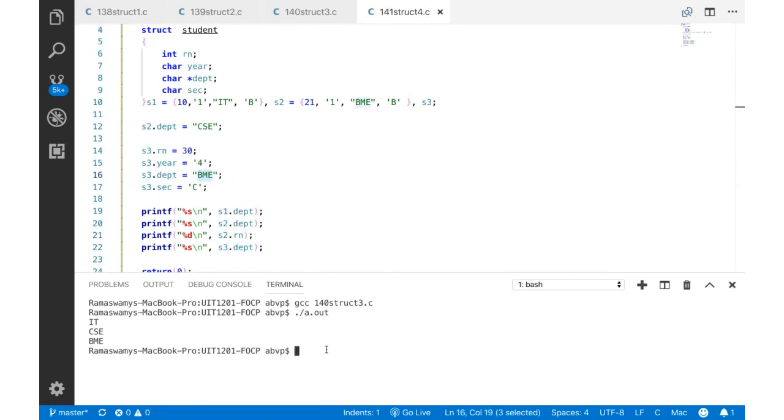So let us build and run this code. So we have IT, CSE, 21, and BME.